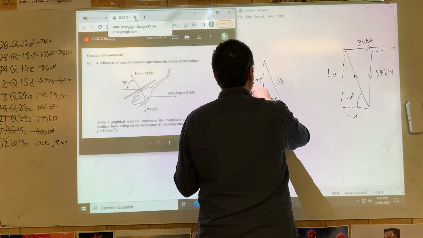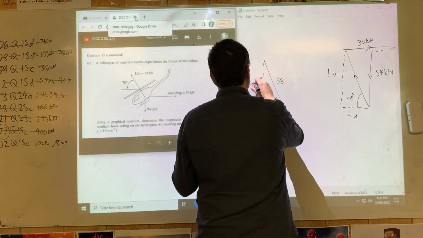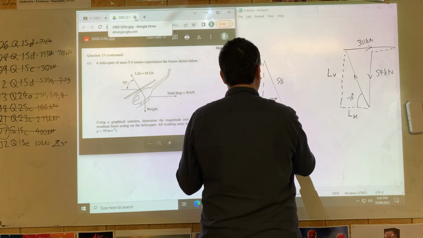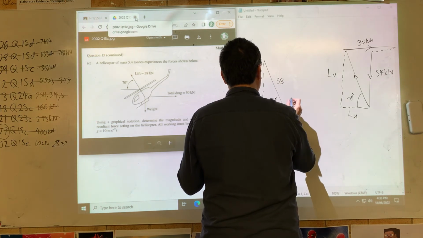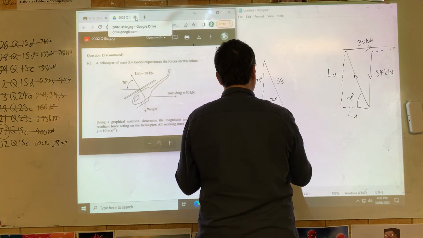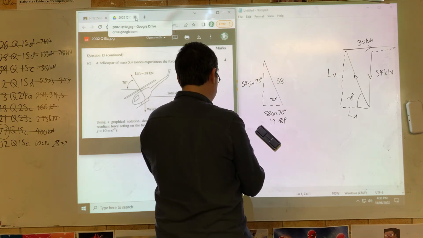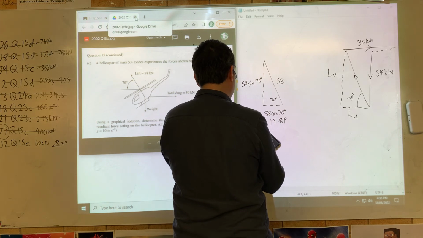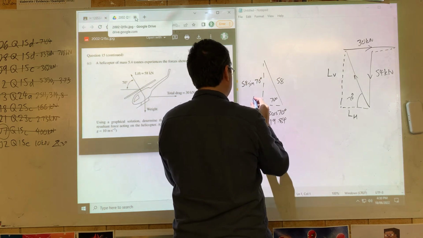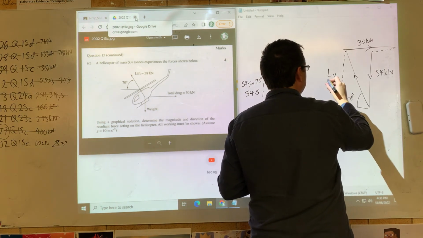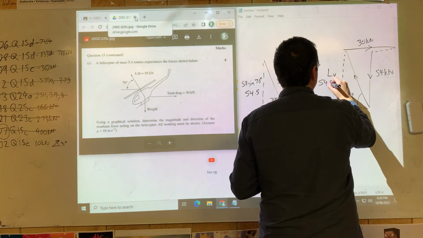This is sine, because it's opposite. How do I know that? Because the numbers don't look right, since it's adjacent. So this is 19.84, and that's 54.5. So 54.5 kilonewtons up,